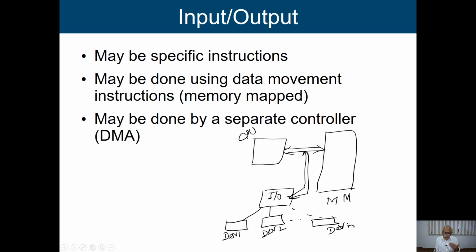We may provide specific instructions to transfer data. Now, what transfers can we have from this device? If it is an input device, I can take the information and put it into the processor register. Or from the processor register, we can transfer it to the output device. Or from the input device, we can transfer the information to the main memory. Or sometimes from memory, we put it to the output device. So these are the possible operations we have.